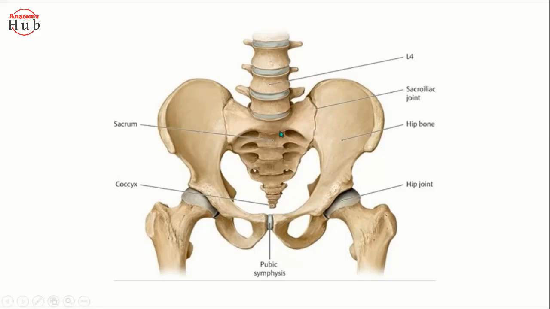So here we'll see the lower limb muscles, how they accompany the lower limb, with origin, attachments, innervation, and action. So in this section, we'll see